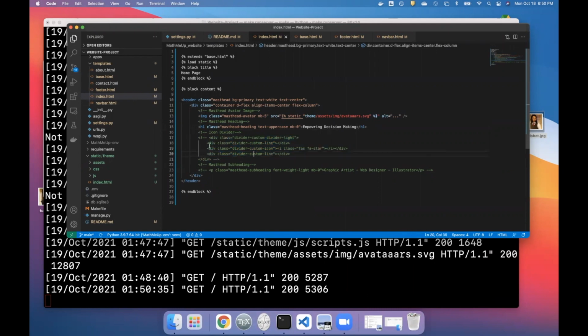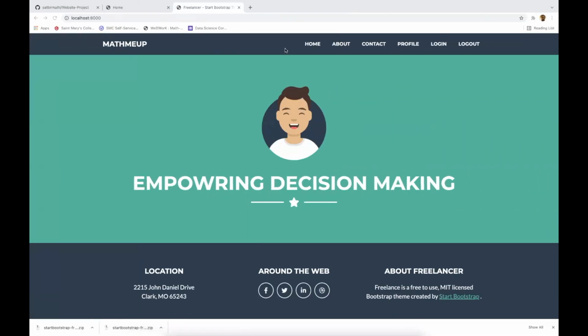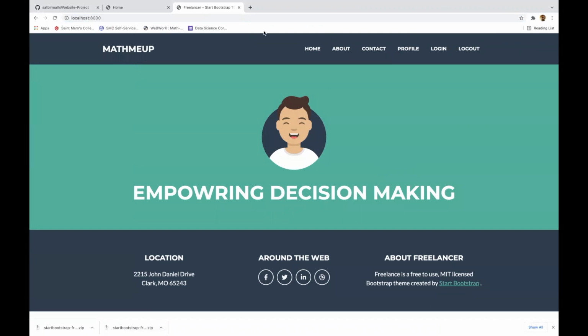In order to comment, you just press Command and the question mark key, and it will automatically comment it out, or you can delete it if you don't need them. But maybe in the future I'll need them, so I just keep that one. So you see this got deleted also. Okay, so next what we're going to do is